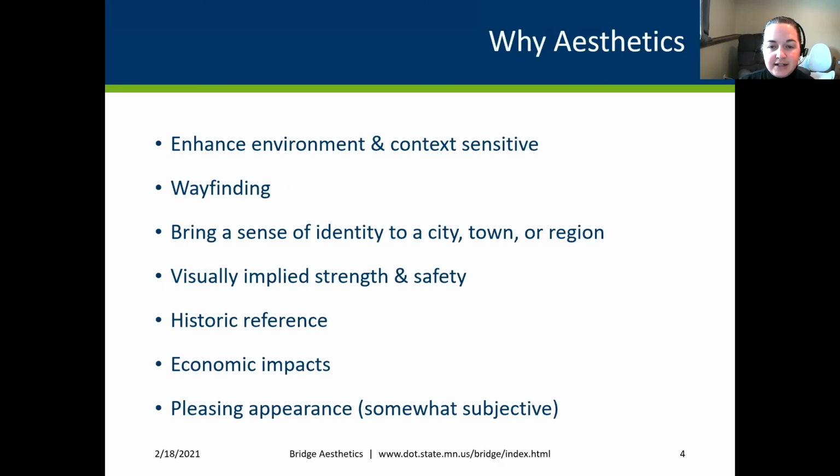Context sensitive is one of the things that we do, and it's where we start in all cases. A good example: we don't build a hot pink bridge in a state park because it doesn't fit. We're not going to go up to Jay Cook and build something that's hot pink. We're going to build something with a dark stone look to it, something that really fits within that environment. Even some of our bright colored bridges, if you think of Hastings with that really bright orange, that orange is really part of that community.